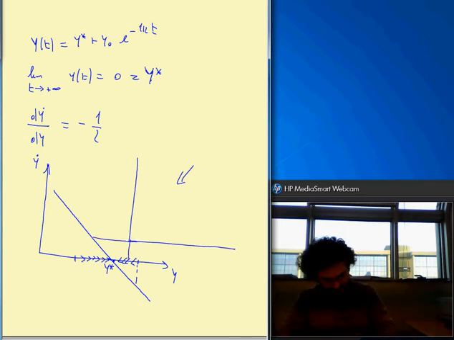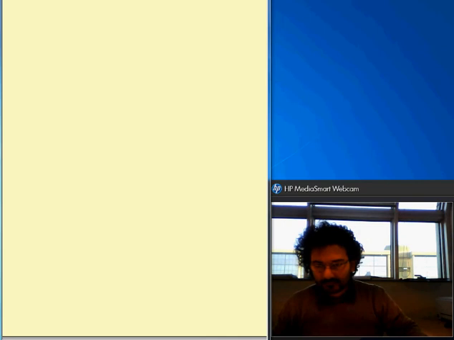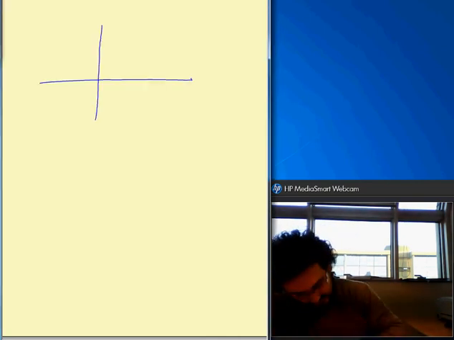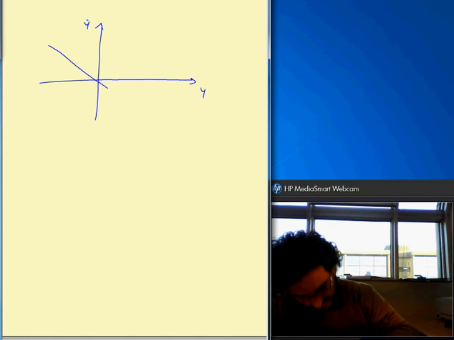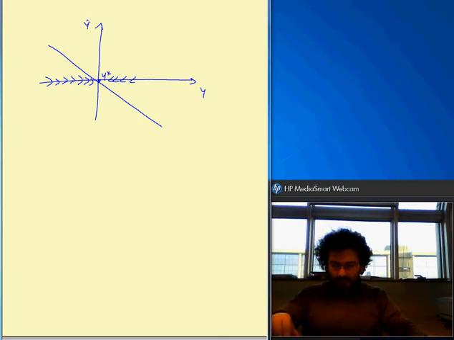Okay, now we can try to do another example. For instance, y dot t equal to minus y t plus 2. This is linear in y t, but in this case we also have this constant term. We can write this differential equation as y dot t plus y t equal to 2. The integrating factor in this case will be e to the power of t,